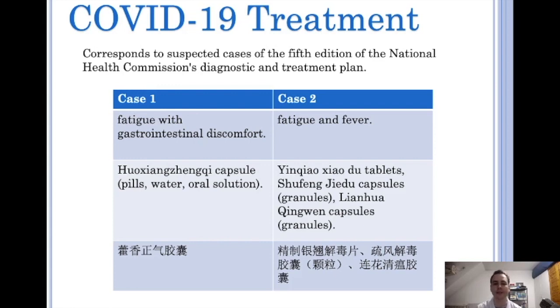We're going to study it in a few minutes. And the second formula, we have different formulas. One of them is 银翘消毒饮, okay, 消毒片, 疏风消毒, and the last one is 凉化清益胶囊, okay. So we have there 清丸 胶囊. So we have there three formulas, and then we are going to talk about them, okay.